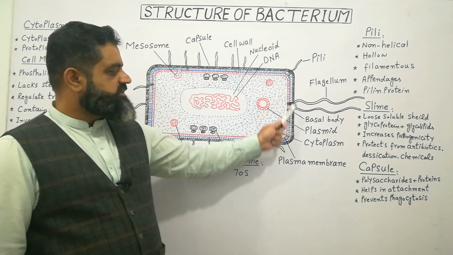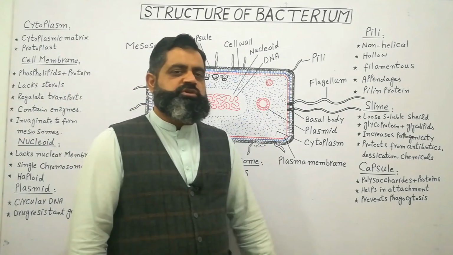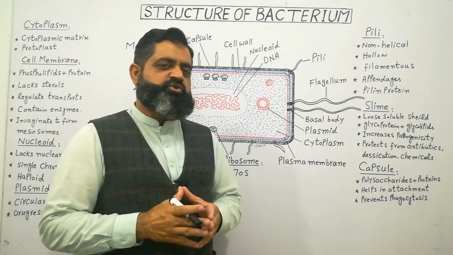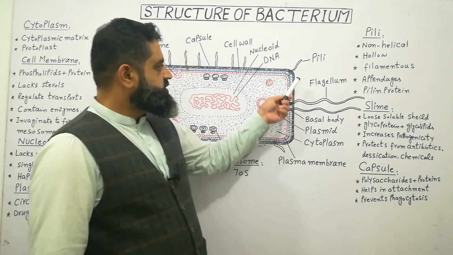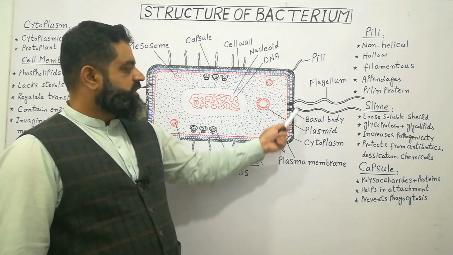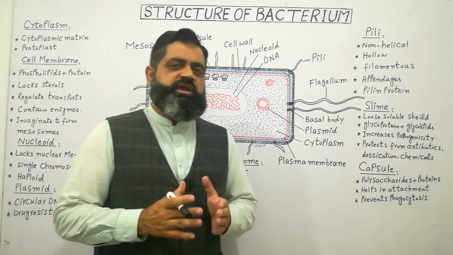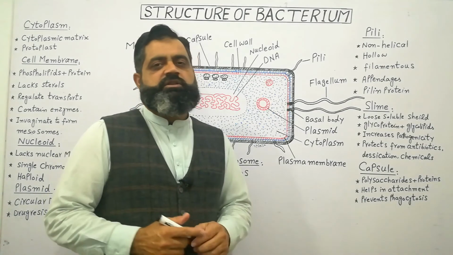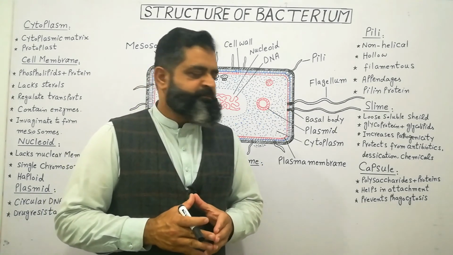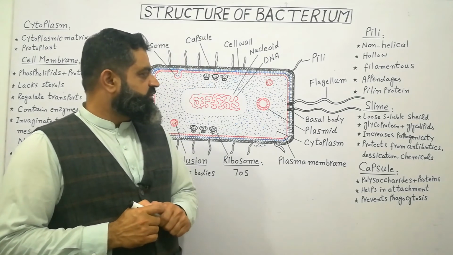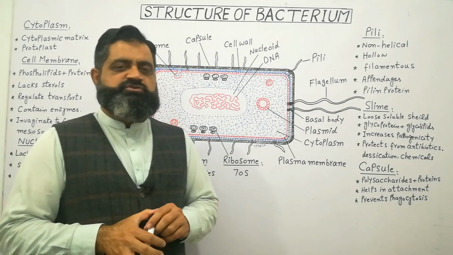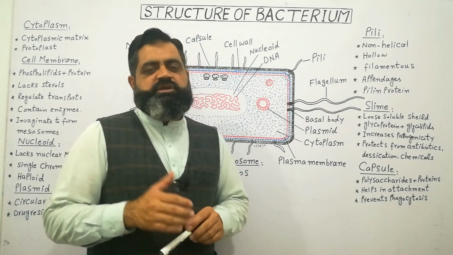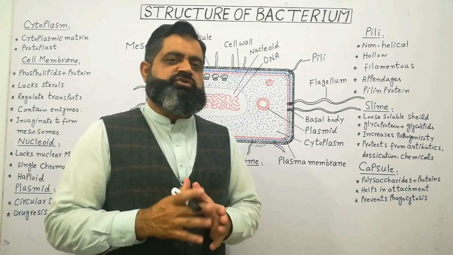Outer to the cell wall there is a structure which is known as the capsule. Capsule is made up of polysaccharides and proteins, and sometimes polysaccharides and proteins are also present together in the capsule. Capsule, as you can see in this diagram, is in black color. Any bacteria which has a capsule has the ability to join with each other and form colonies. So in this way the capsule helps bacteria attach with each other and form a colony. It also protects the bacteria from phagocytosis by white blood cells, and from osmotic lysis, from soaps and some other chemicals which we use for the destruction of bacteria.